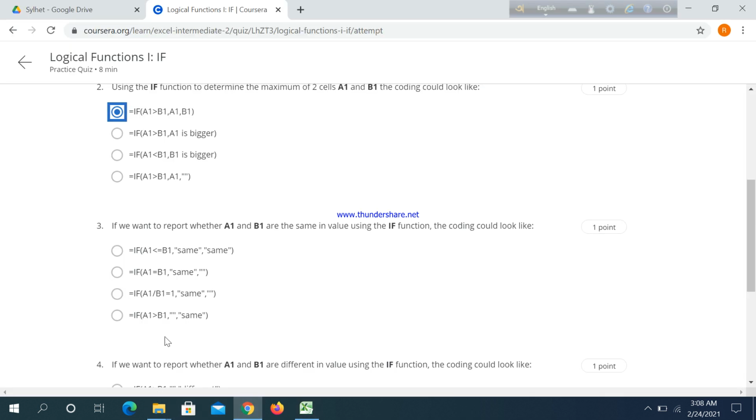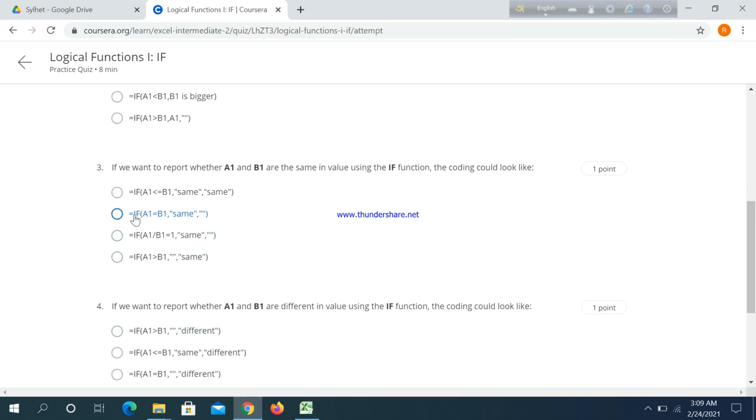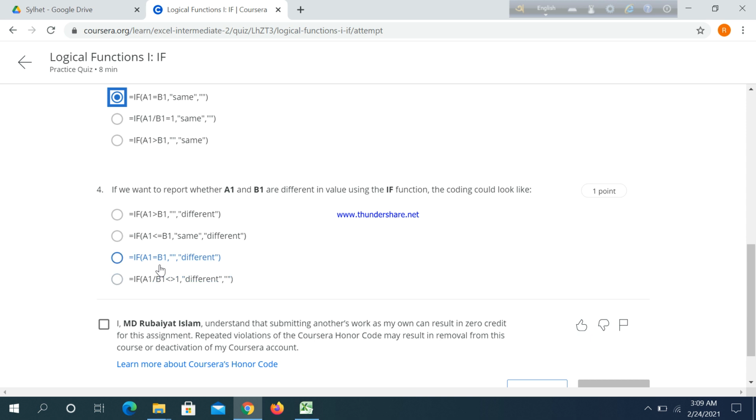Now the third one, so the answer is this. The third one, if we want to report whether A1 and B1 are different in value, the if function coding could look like